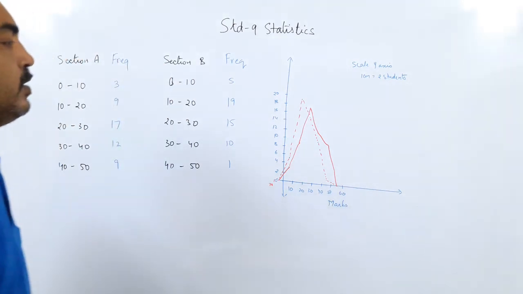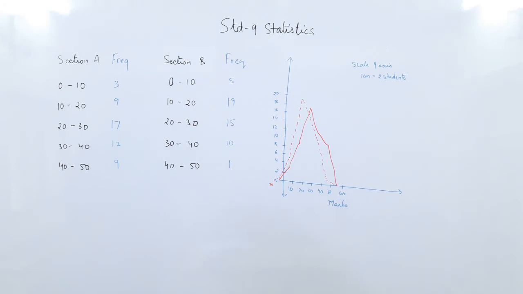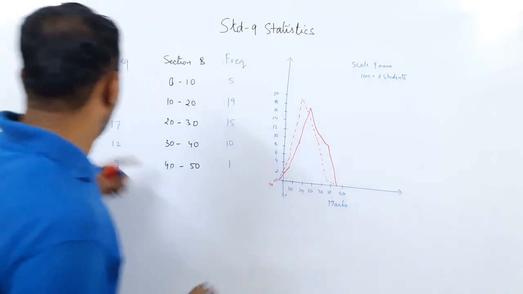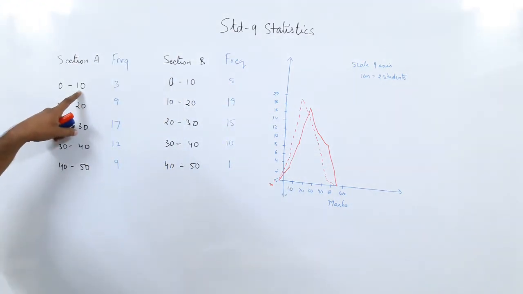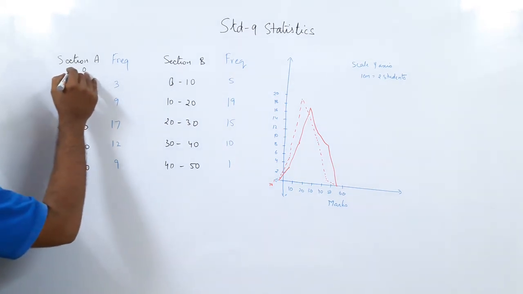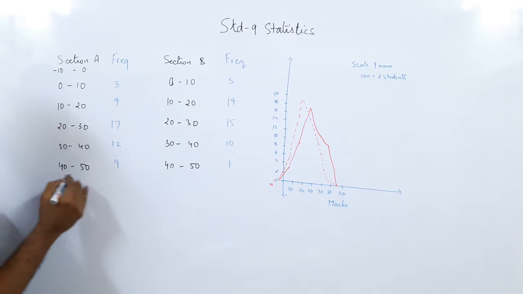Okay. Now you saw both the graphs. If you cannot see, I will draw with a black pen to make it easier. What we have said, 0 to 10 midpoint is 5. But to complete I have to go into the previous class. So what is the previous class? This will be 0 and this will be minus 10. So 0 to minus 10, midpoint is minus 5.